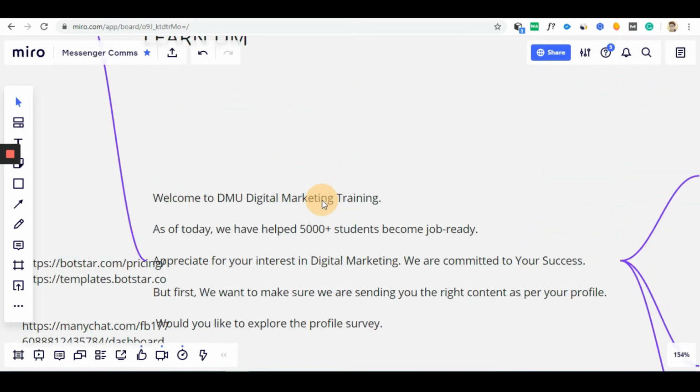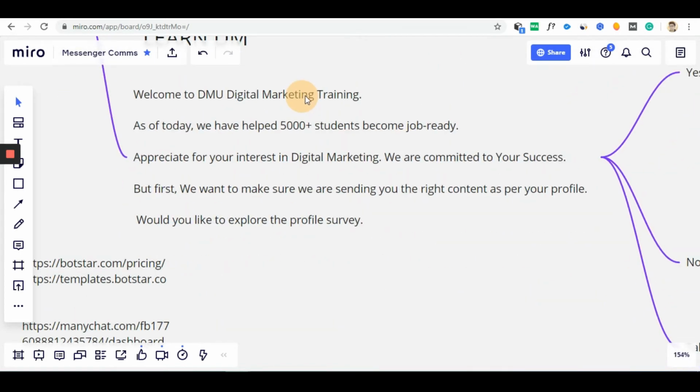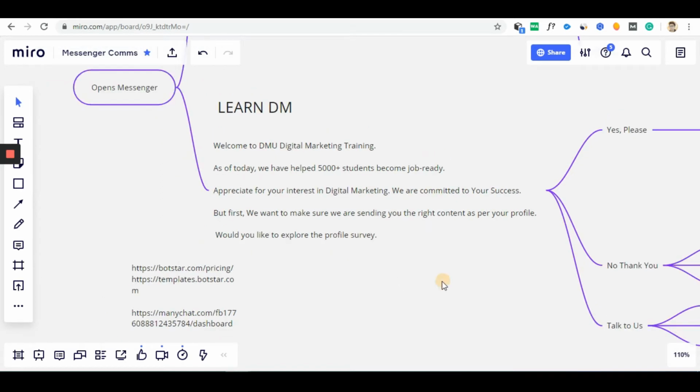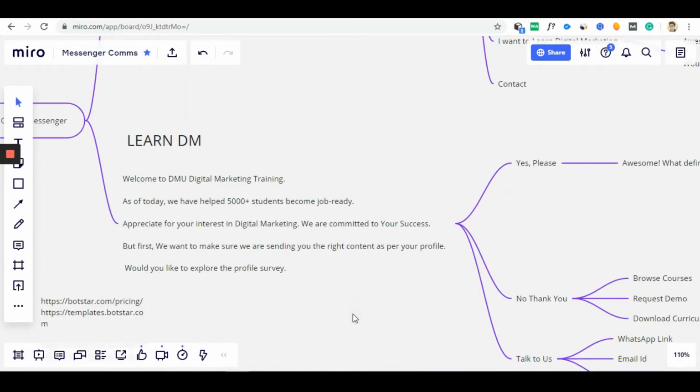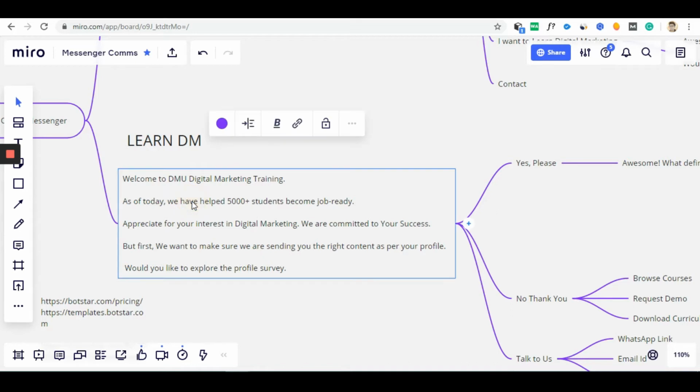When someone clicks on digital marketing training, I as a marketer get to know from the back end that this person is interested in doing a digital marketing training. So I greet them with a message that introduces the product or service that we have, that is digital marketing training, that supports it with a brand credibility factor, with a message which gives social proof of our work excellence, and then we drive them with a promise that we are committed to your success, and let's get started in this process of exploring and selecting the right course for you.